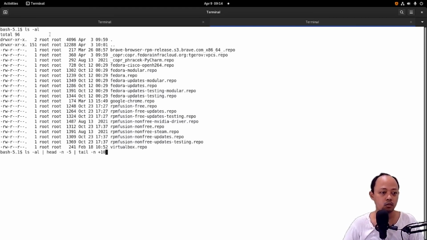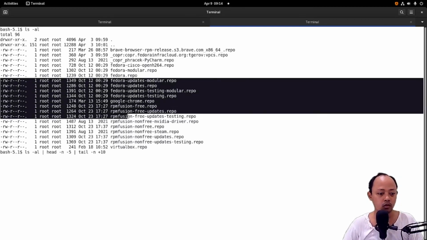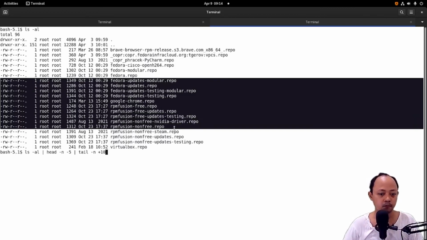So it will print from line number 10, 1, 2, 3, 4, 5, 6, 7, 8, 9, 10 from here, and the last 5 lines will not be printed. 1, 2, 3, 4, 5. I think this command will print only these lines.